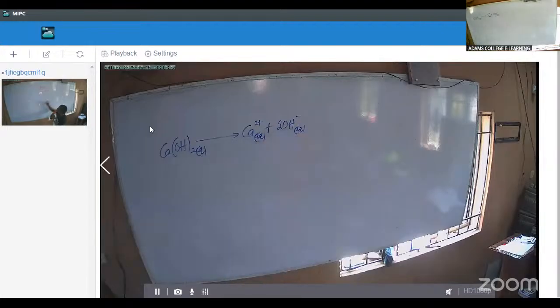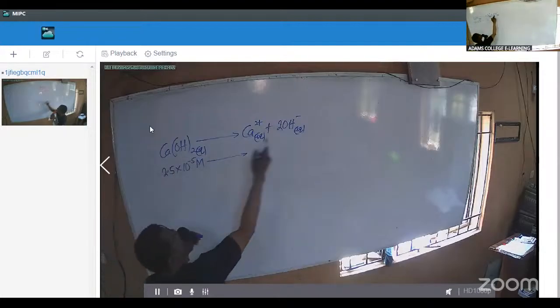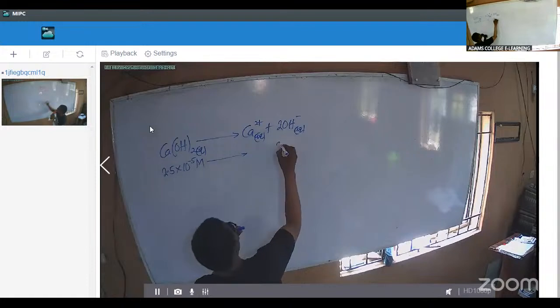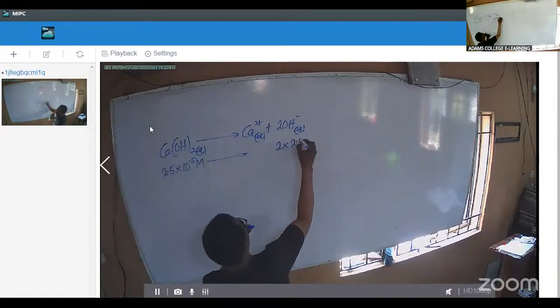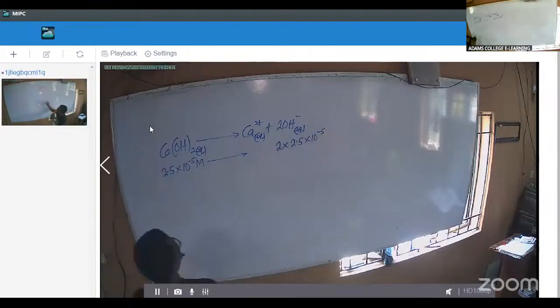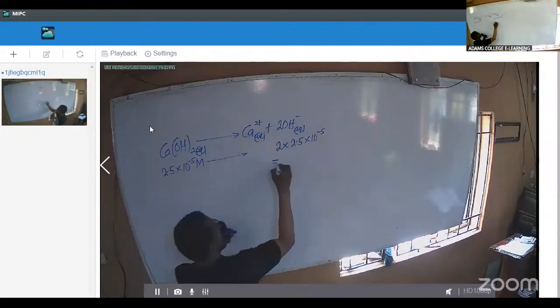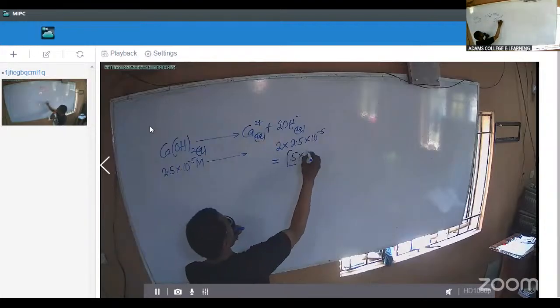So what is the value they gave us? 2.5 times 10 to the minus 5 molar. Now, because this hydroxide has a 2, its value will be 2 times 2.5 times 10 to the minus 5, because of that 2 that you have here. So that will give us 5 times 10 to the minus 5